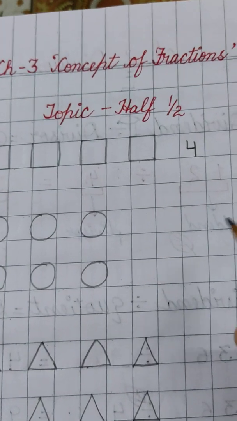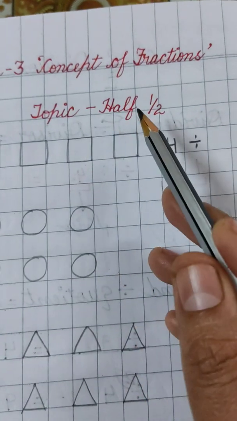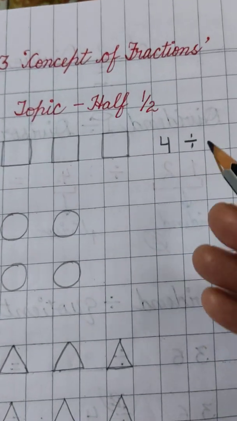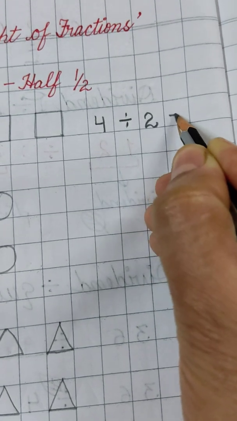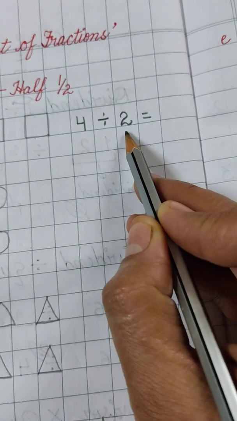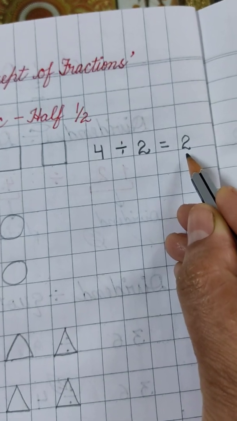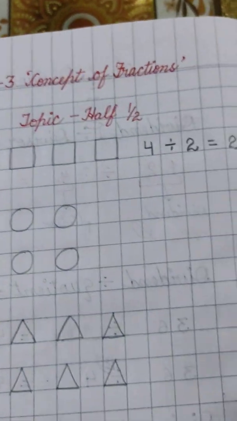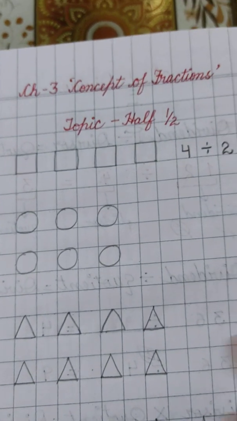So we have to divide. So I will put a sign of divide here. Okay. Now we have to divide it into half. क्योंकि हमें इसके half करने हैं, इसलिए we will divide the number with 2. So whenever I divide, I have to read the table of 2 to get 4. 2 2s are 4. So whatever will be the answer, we have to color those numbers of figures. जो हमारा आंसर आएगा, हमें उतनी फिगर्स को कलर करना है.